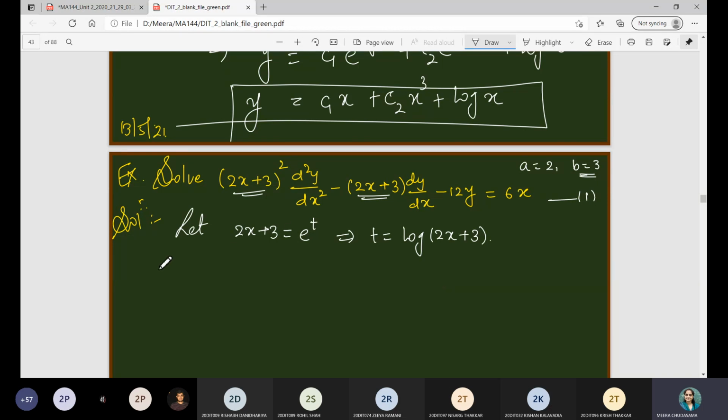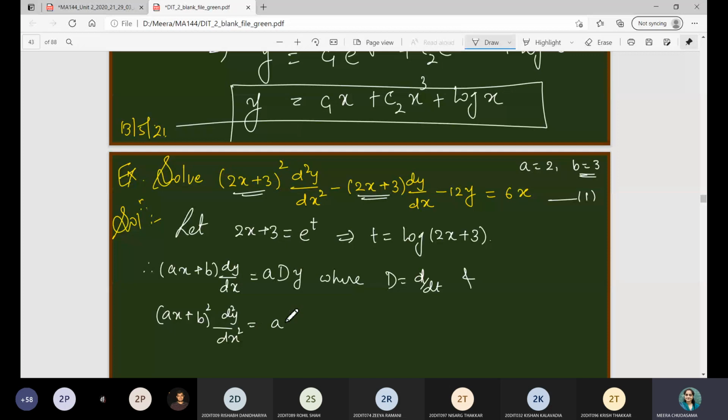So that I will directly write. Therefore, ax plus b into dy by dx, what will it be? As we have seen, it will be a dy, where d is nothing but d by dt, and (ax plus b) whole square d square y by dx square will turn out to be a square d into (d minus 1) y, right? So you can write, therefore from this we have,